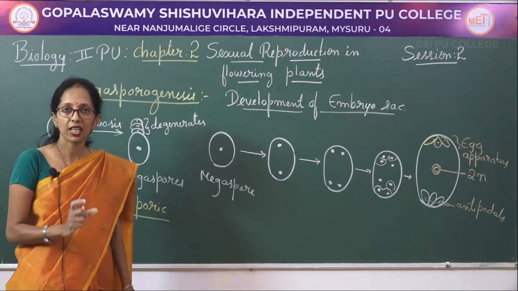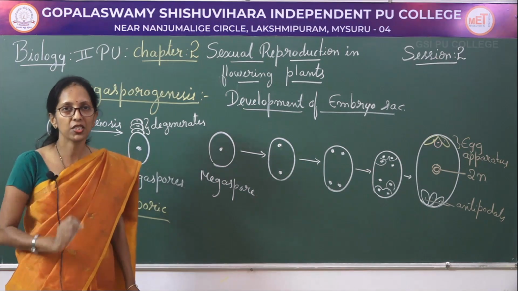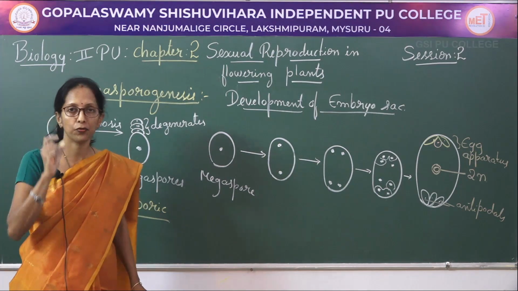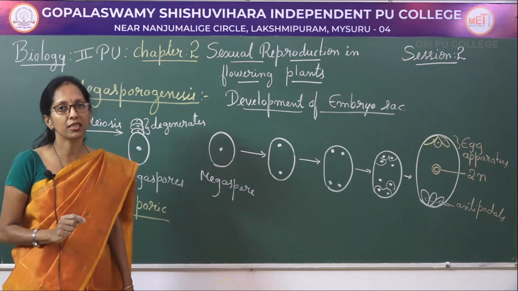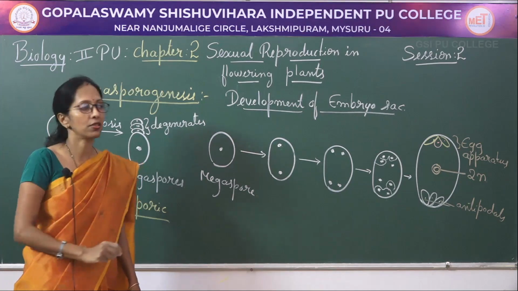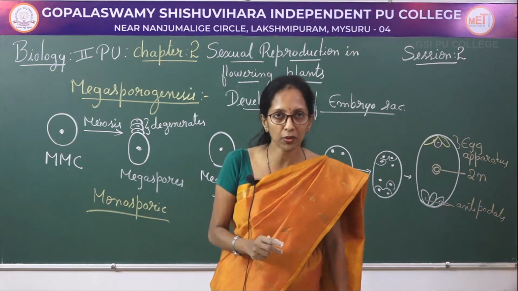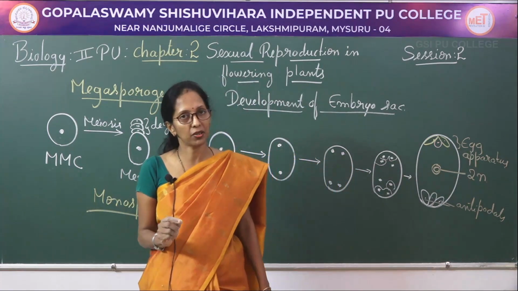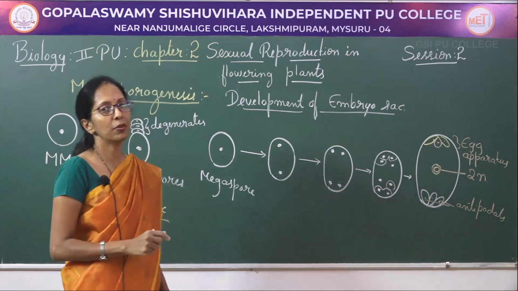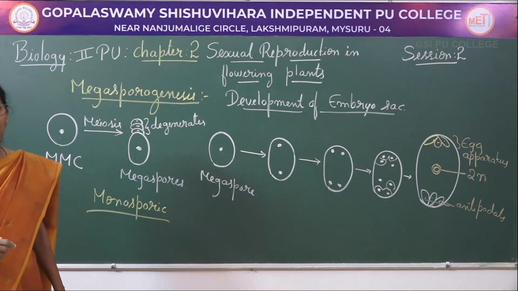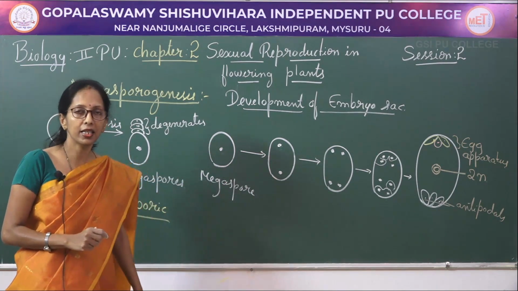Next is the structure of the ovule or megasporangium. It is oval in shape with a stalk that is said to be the funicle, by which it is attached to the fertile tissue that is said to be the placenta. The ovule consists of a main mass of tissue that is said to be the nucellus, covered by 2 integuments. It leaves a gap that is said to be the micropyle, and towards the micropylar region within the nucellus there will be the development of the embryo sac. The embryo sac consists of the egg apparatus, antipodals, and then the secondary nucleus.